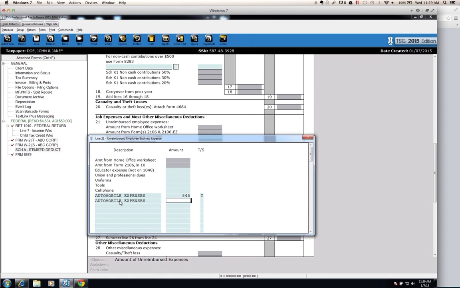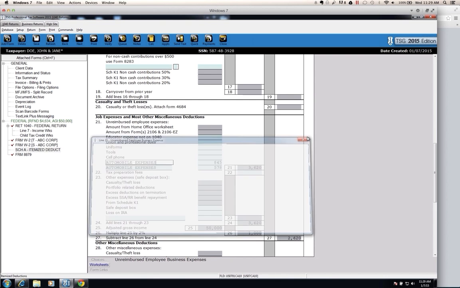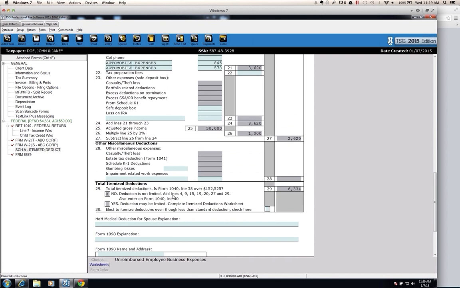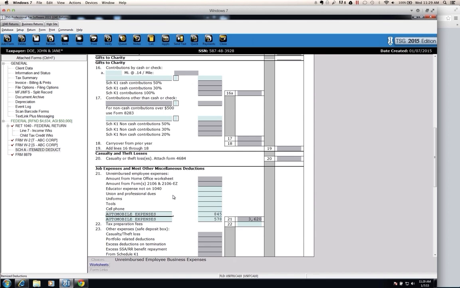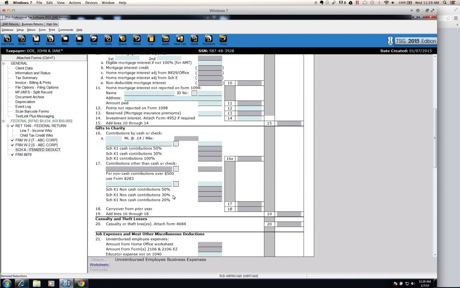Then we had some automobile expenses, okay, for the spouse. We had some dry cleaning, all right, in the amount of 908. That was also to the spouse. And let's say we had some computer expenses for the taxpayer. Now, this is important because of this feature that I want to show you guys right now. This feature is probably one that's going to save you a really large amount of time in the preparation process,